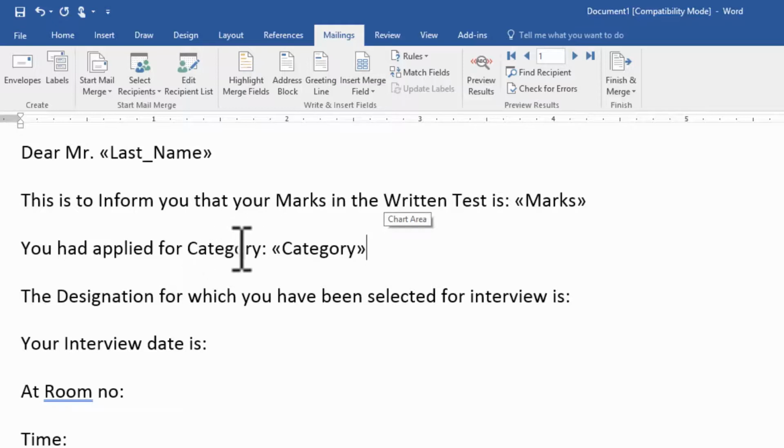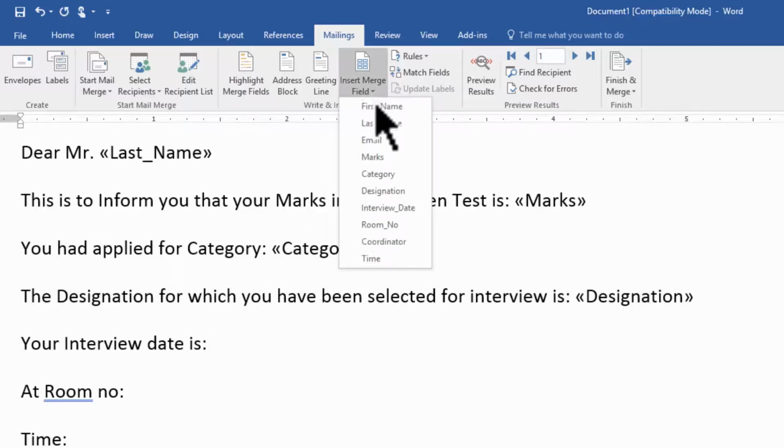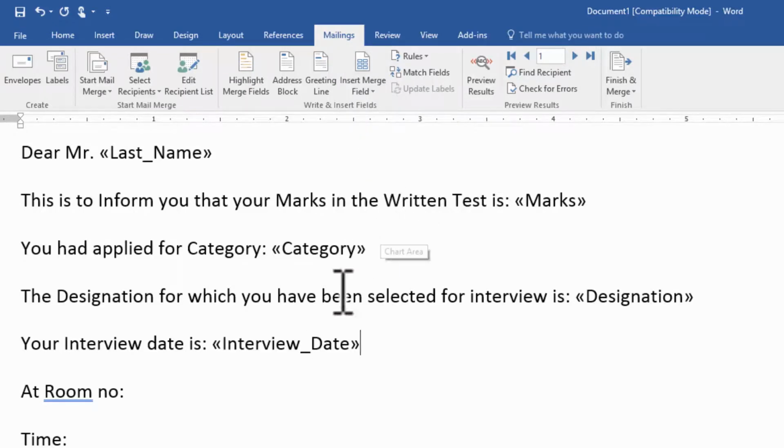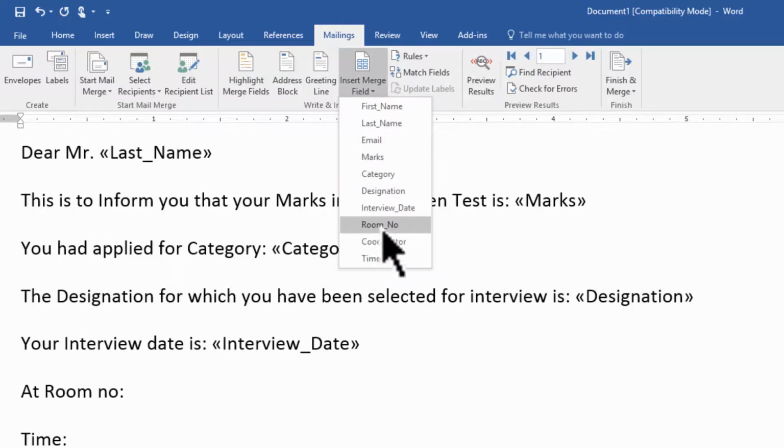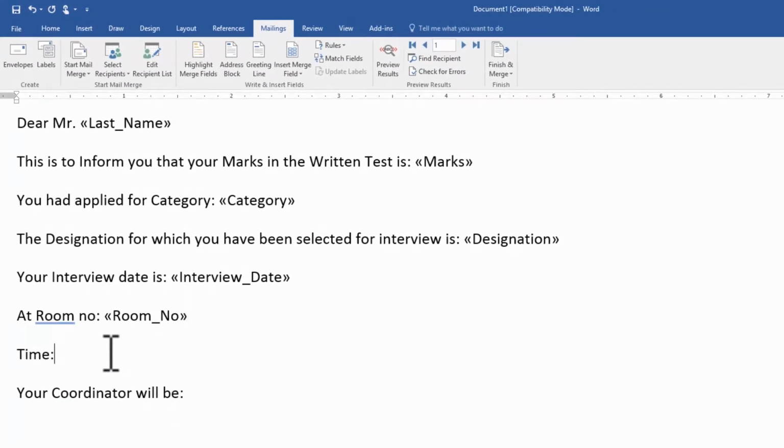Of course, this need not mention category, but you need to know where the category has to be inserted. The designation for which you have been selected for the interview is designation. Your interview date is date of interview, room number, time, your coordinator will be